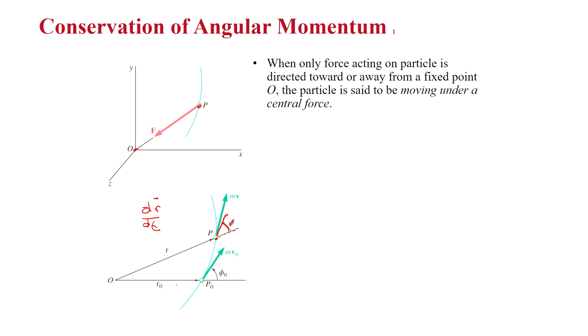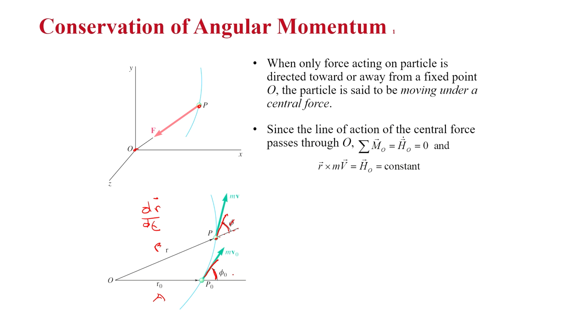Okay, there's an original r0, which we called A, and r is called B in that video, where the original position of the particle is exactly the mass times the initial velocity, and its initial change in direction is given by phi sub 0. So given that, since the line of action of the central force passes through the origin,